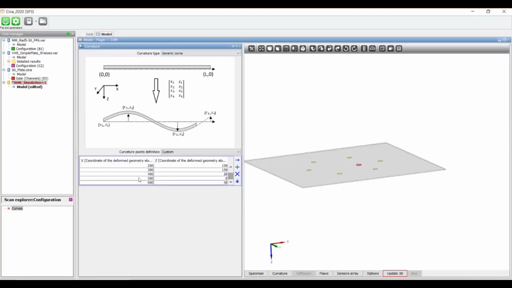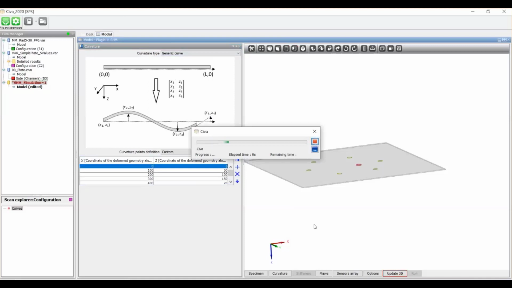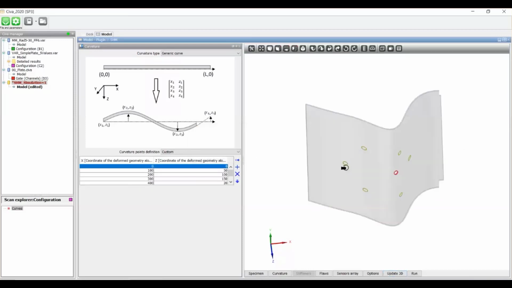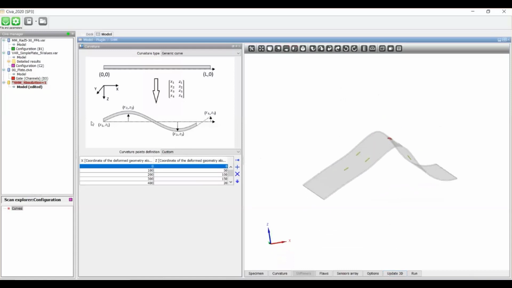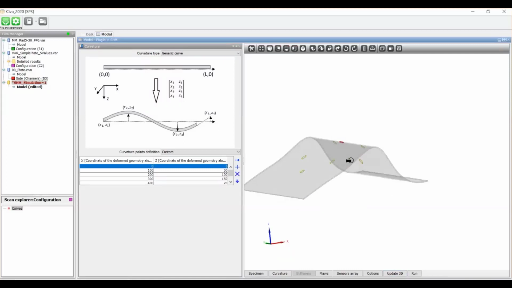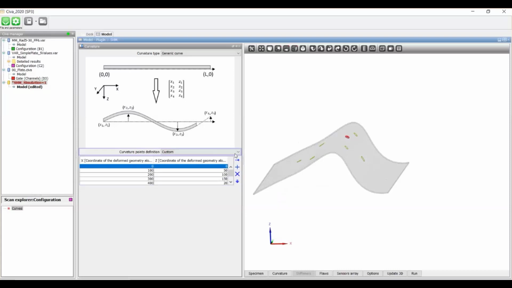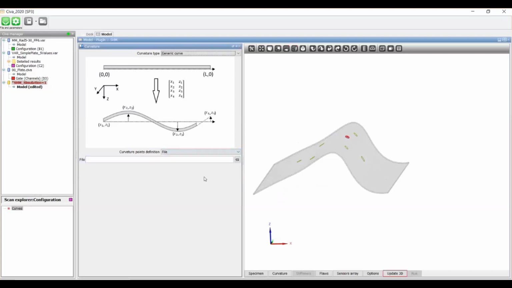A default curvature is proposed. We can click on update to see what it corresponds to. It's a kind of waviness that will be created. Depending on the positions of these inflection points, you will manage the curvature of the initial flat panel. You can also create this curvature by a set of points defined in a text file. It's another possibility.